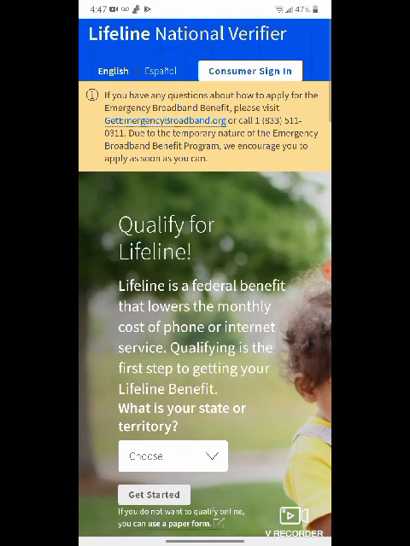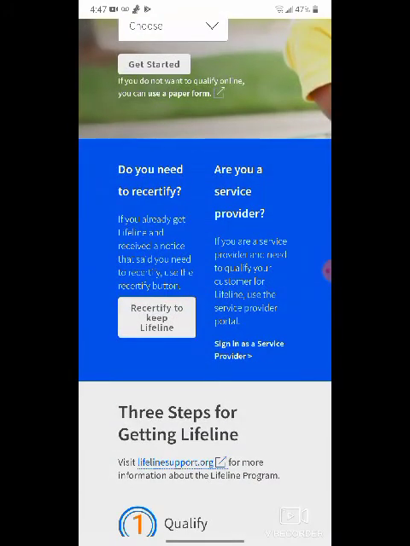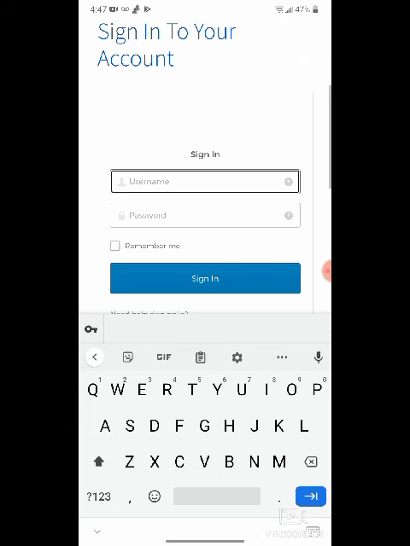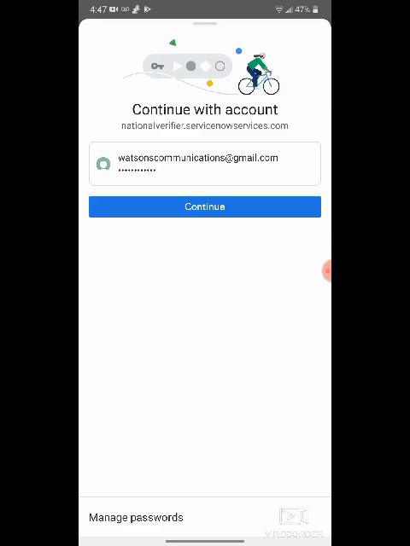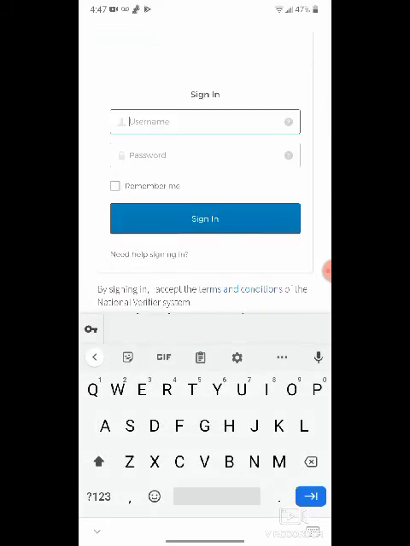But when you do log into the link, do not sign in where it says consumer sign in. Go down to where it says, are you a service provider? And once you click on that, you're going to click on Sign in as a service provider. Once you click on that, it's going to ask you to enter your email address. If you're already in the system, you enter your email address. But if you're not in the system, never signed up before to have your National Verifier service provider link,